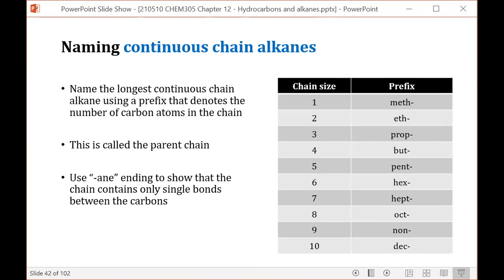So when you're naming a continuous chain alkane, this is an alkane where you can take your pencil and trace the structure of the alkane without lifting your pencil once. You name them based on how long the chain is. And we use a prefix based on the chain size, and then we add the ending ane, which shows that there's only single bonds located between all of the carbons. So for example, we had the structure